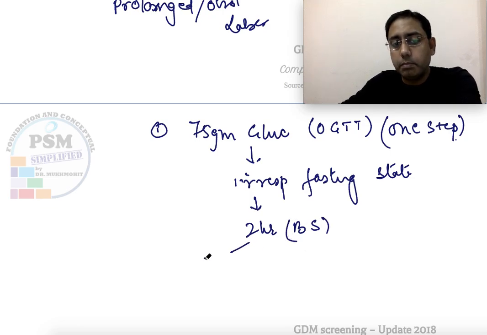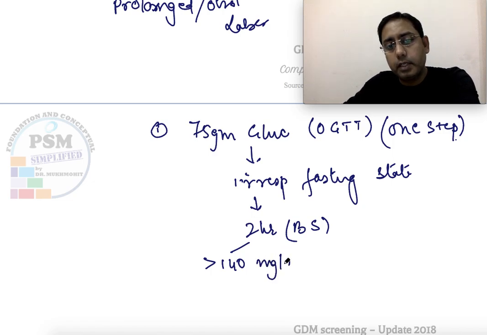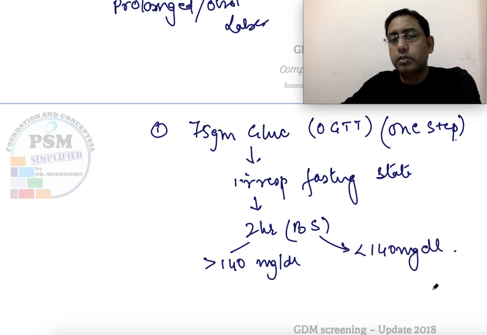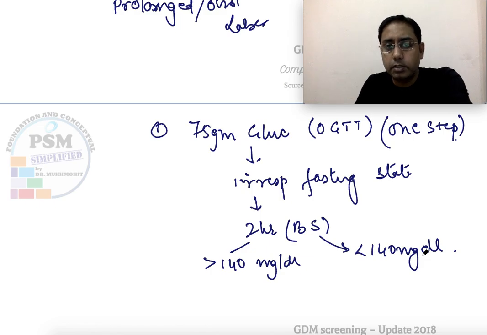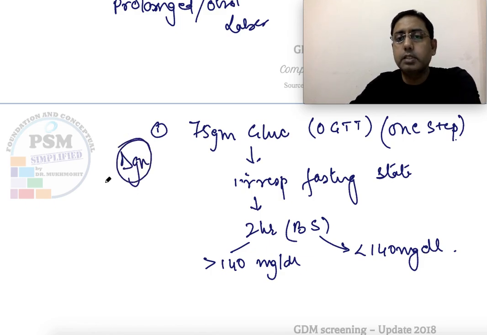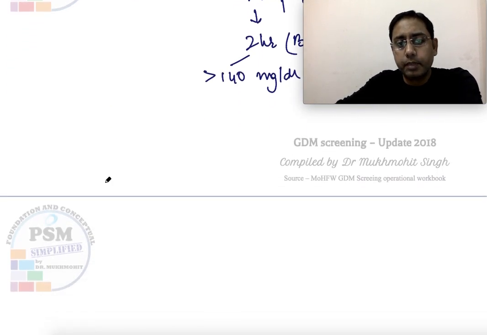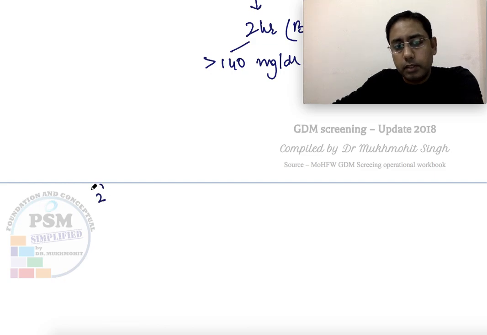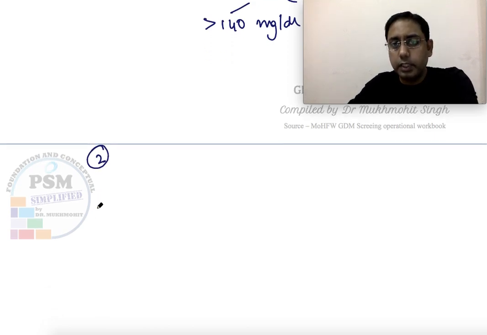If the value is more than 140 milligram per deciliter, it is GDM. If it is less than 140, it is not GDM. So this is the diagnostic criteria: the diagnostic criteria for GDM is OGTT, one step, 75 grams of glucose. There's another change to it. The most important change is